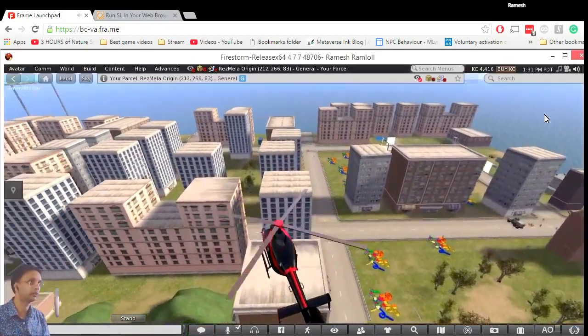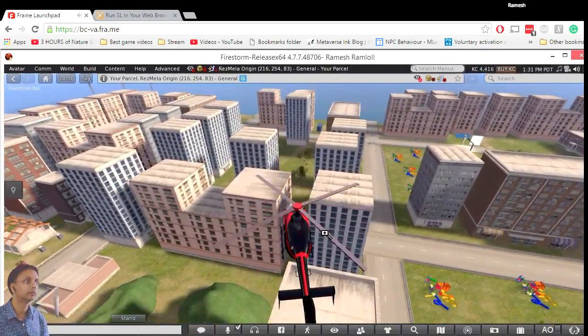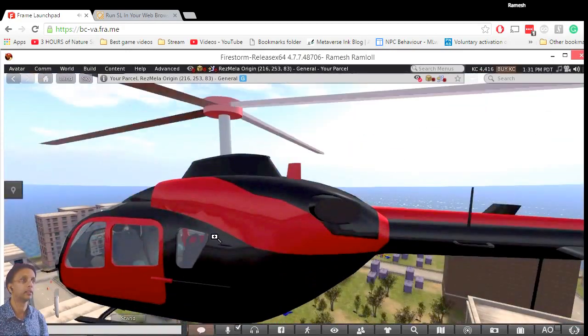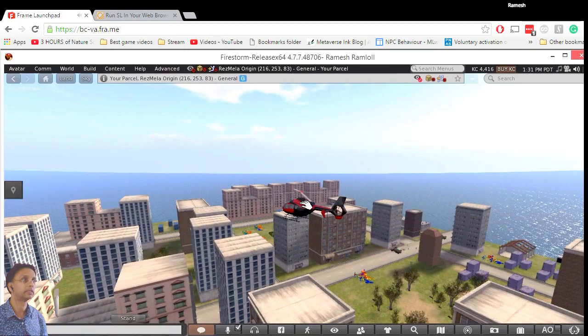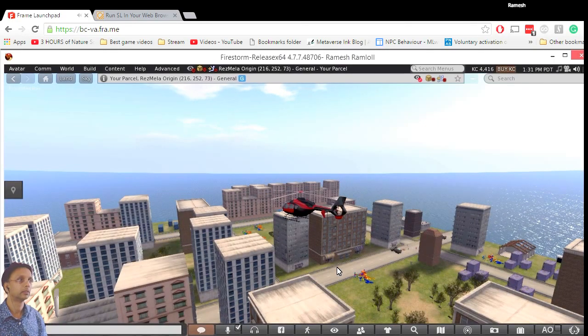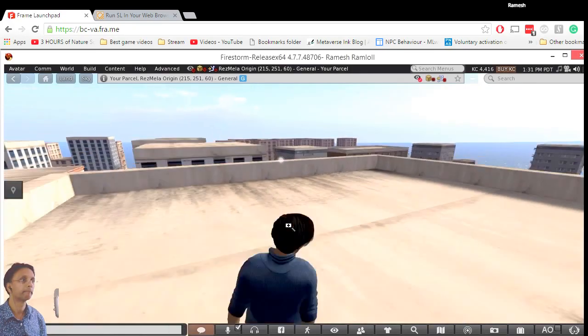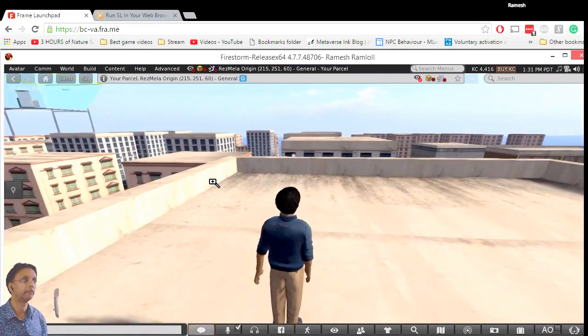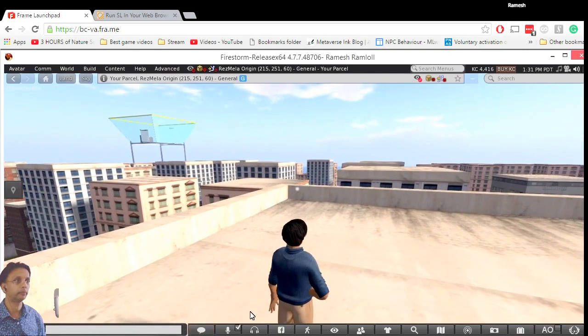There's something else I wanted to check. Let me see if voice is working. Let me just get out of this helicopter because it's making too much noise. I'm going to jump on this roof here. I see they have the audio device enabled, so you see the white dot above my head here. So if I click on it,